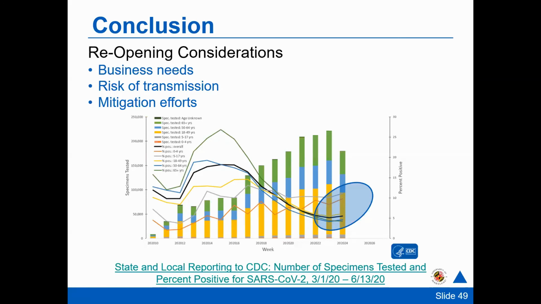So kind of wrapping all of that up, there's a number of different considerations that go into reopening. I think it's probably a safe assumption that no one wants to see a second shutdown again, nor do we want to see a second wave. And so I think it would be reasonable and hopefully responsible to think about the things that we can do to achieve our business needs, to try and mitigate some of those risks, and then be reasonable and use logic and our understanding and information, and in some cases go through that hierarchy of control and perhaps utilize some of